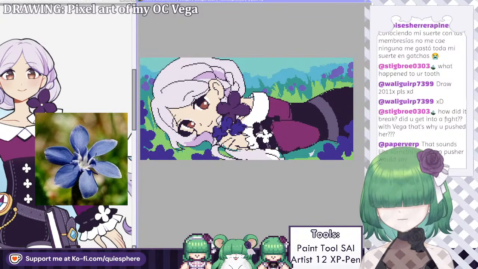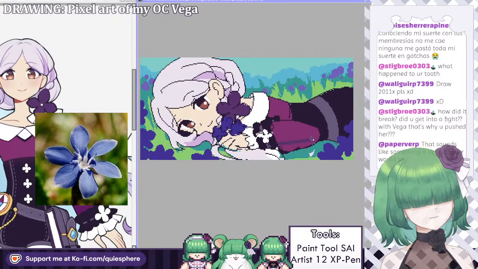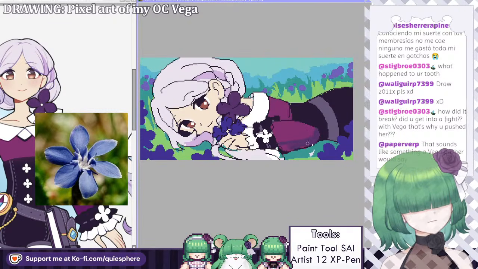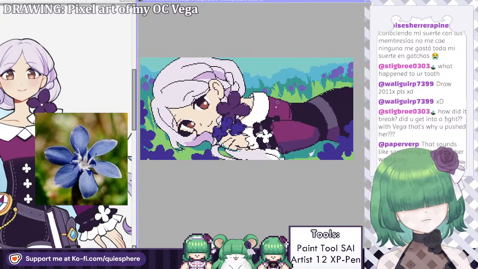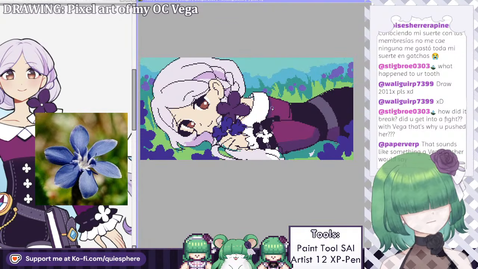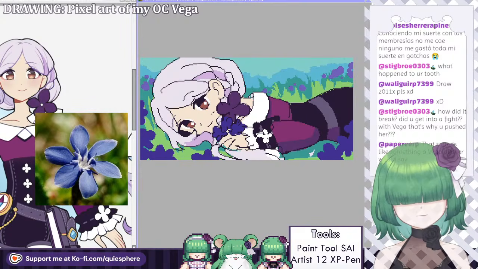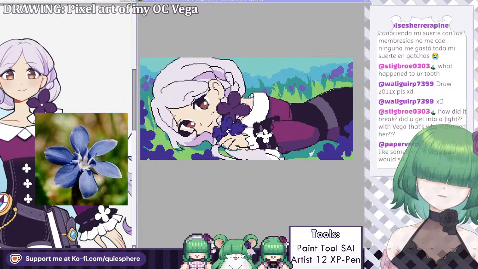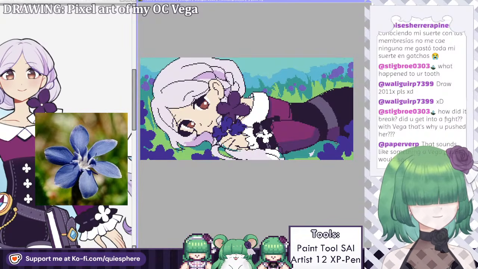It's time for some shadows. Let's try to figure out the shadows without adding too many colors to the color palette. I think I'm gonna go with this purple for most of the shadows, at least for the dark colors. I want to try to keep the palette with not a lot of colors. We'll see if I can manage that.